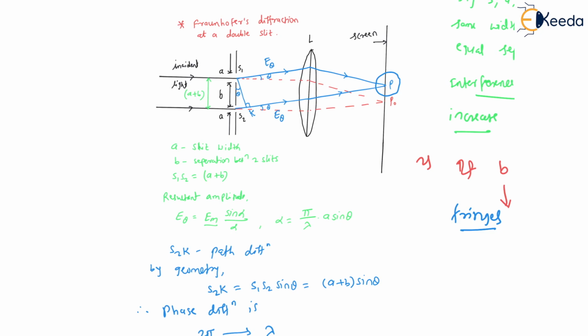Also, there are the missing terms. In the next session, we will check exactly how the patterns or orders are missing in the double slit diffraction pattern. So, my dear students, I hope you understood everything. In the next session, we will focus on missing orders in a double slit diffraction pattern, and how the orders are missed.